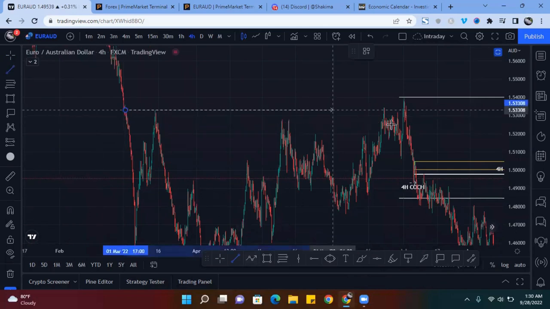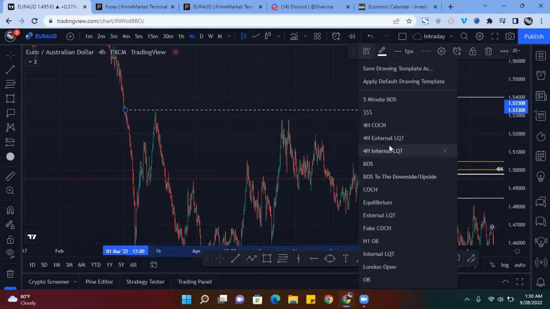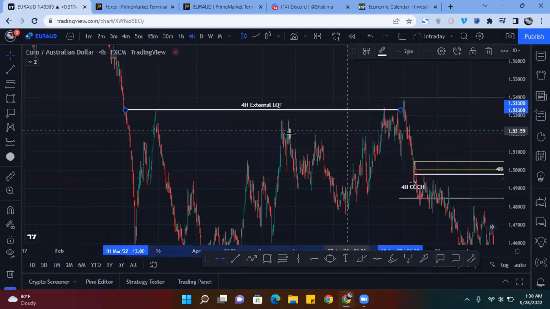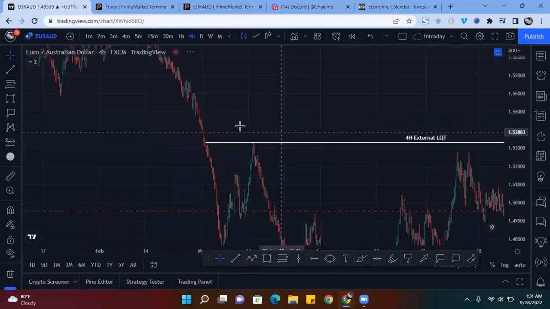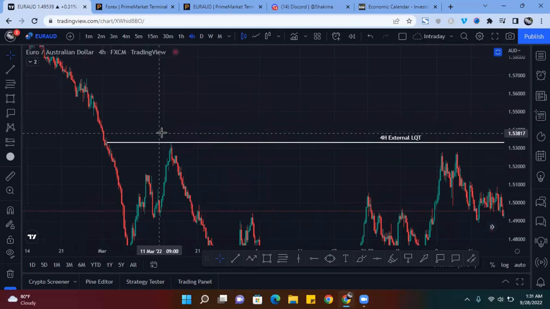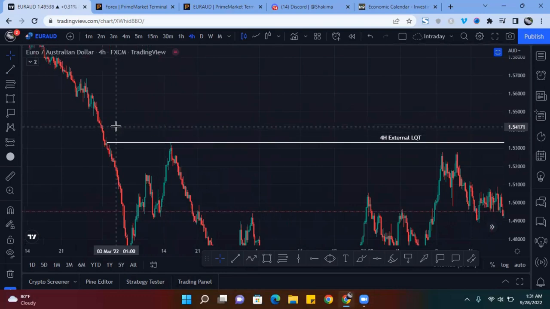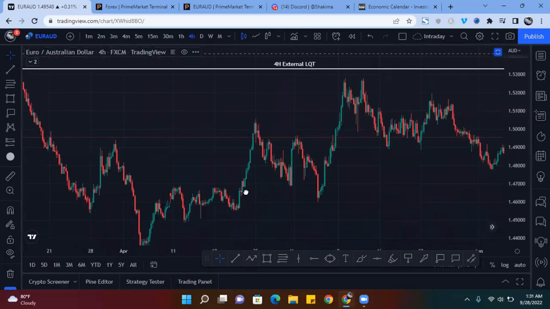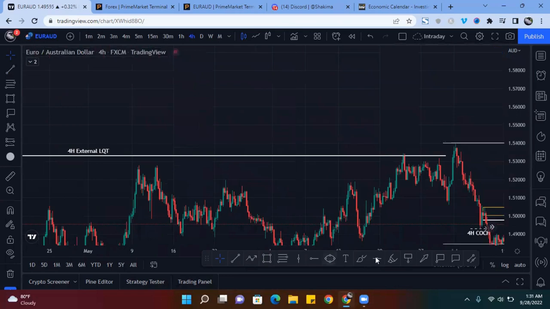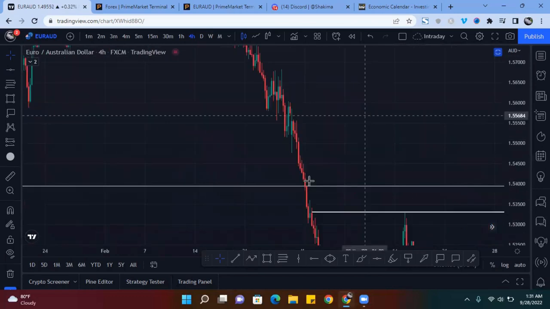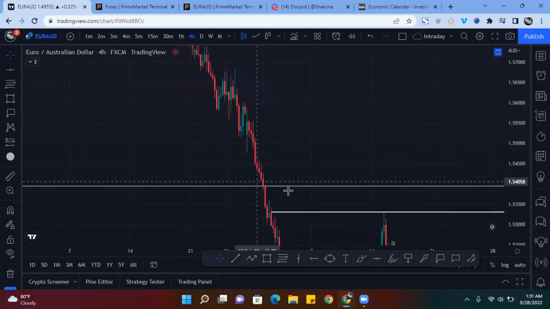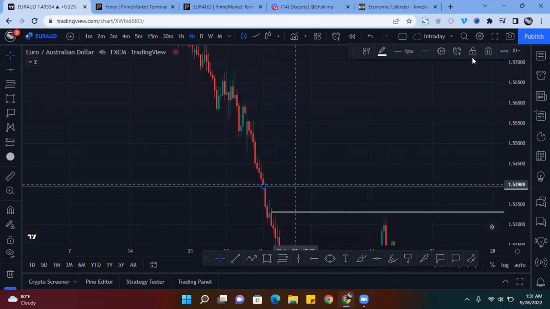You have to figure out where the internal and external liquidity started and ended. So in this case, it took all of that external liquidity into what looks like a possible fair value. Yeah, this is an imbalance right here. Let me make sure that this actually hit that imbalance. I like to be pretty thorough, so sometimes I'll do that just to see. Yeah, it's a pretty obvious imbalance right here, so you can draw that in if you wanted to for